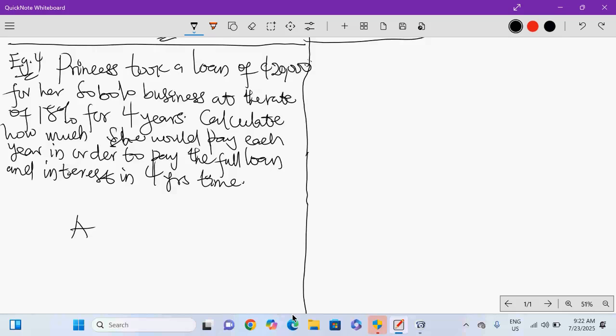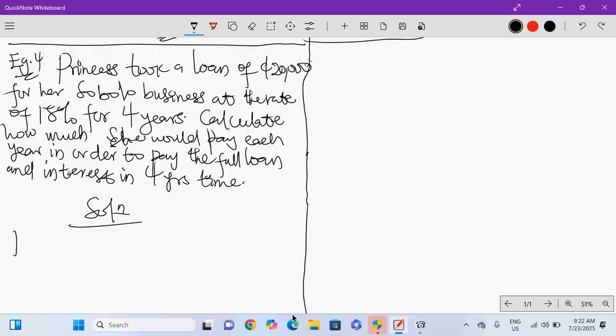Now, Princess took a loan. When do you take a loan? You are taking the loan now. So it is the present value. The loan is taken now. I'm going to the bank to take a loan. It is the present value. How much is the loan? 20,000 cedis. So that is the